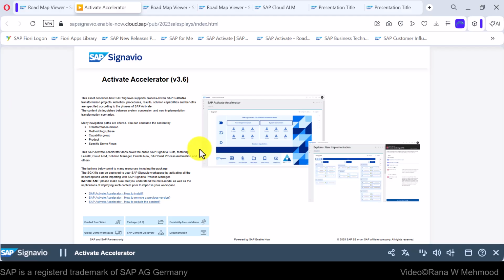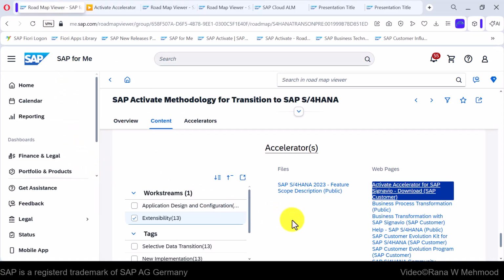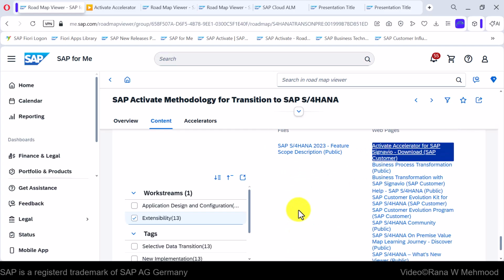So, SAP Signavio is a business process management platform used to analyze, model, and improve business processes. It helps organizations understand how their processes work and optimize them during SAP implementations or business transformations. And in SAP Activate projects, SAP Signavio helps analyze and design business processes that are later implemented using SAP S/4HANA and SAP Best Practices. So let's go back and I will show you another document